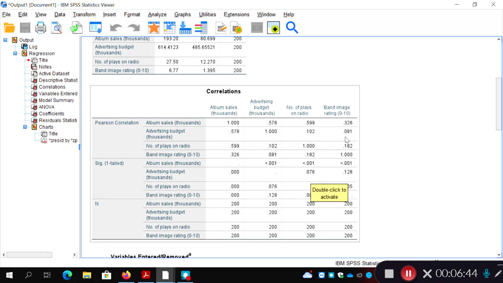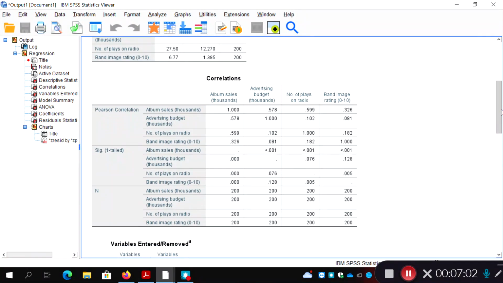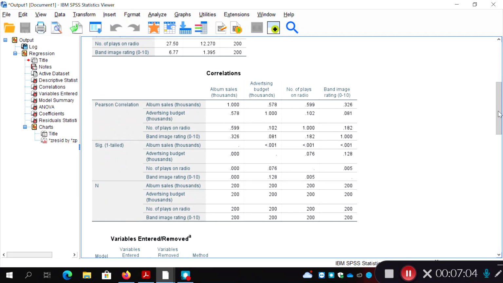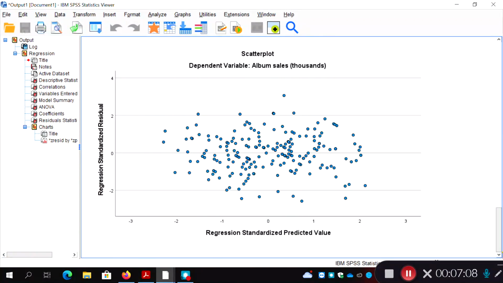Advertising budget and band image got a correlation of 0.08. Radio plays and band image has a correlation of 0.18. So all of them are fairly small correlations. That's a good thing. We should feel quite confident based on that we don't have an issue with multicollinearity in the data. Okay, so the next thing we should do before we look at the actual output is look at